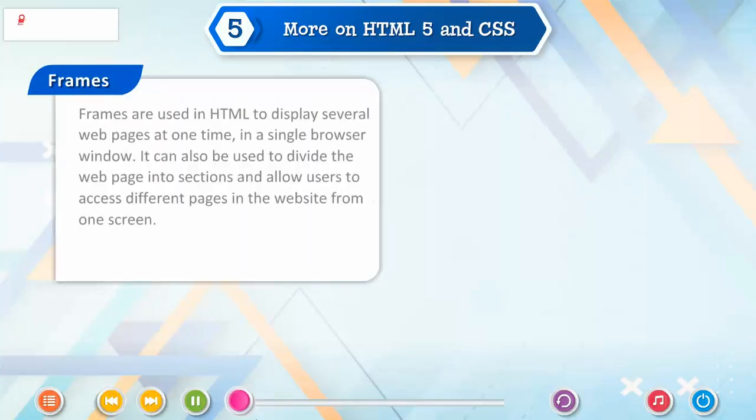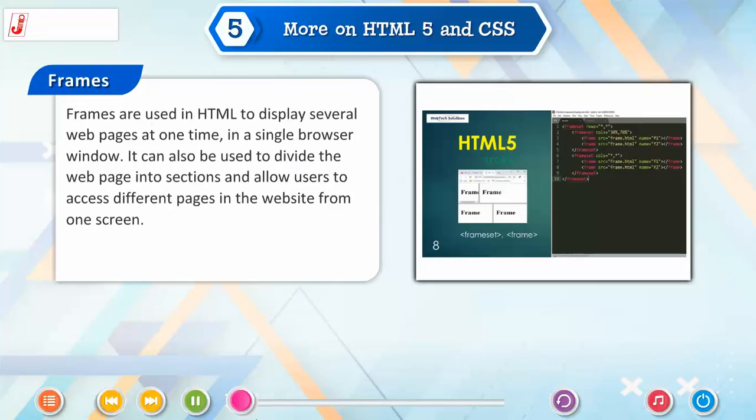Frames. Frames are used in HTML to display several web pages at one time in a single browser window. They can also be used to divide the web page into sections and allow users to access different pages in the website from one screen.